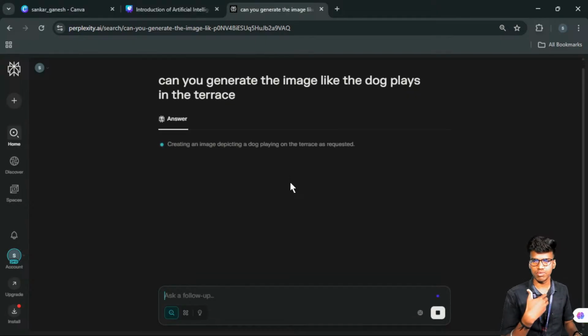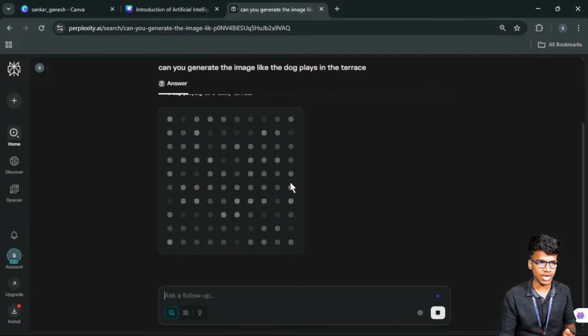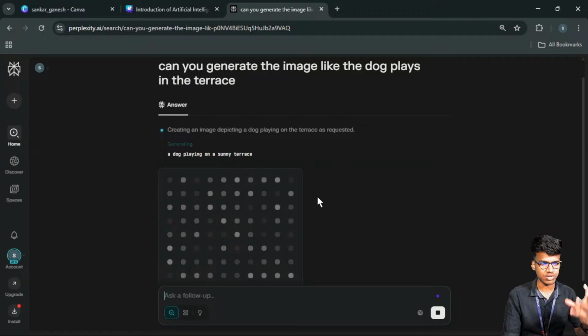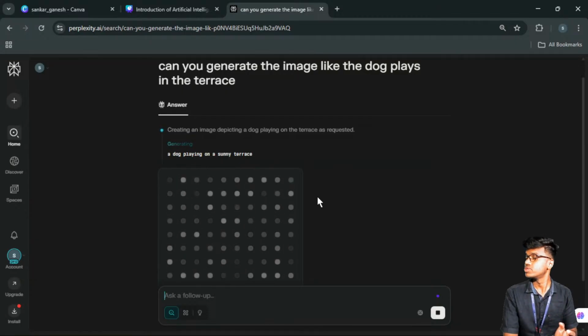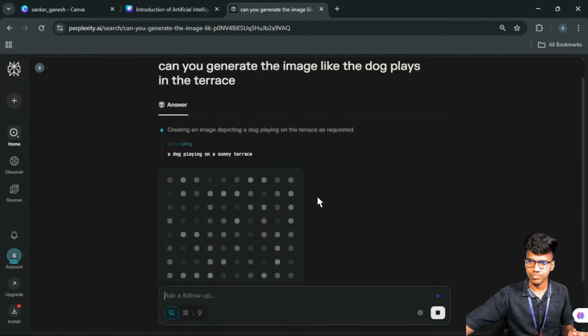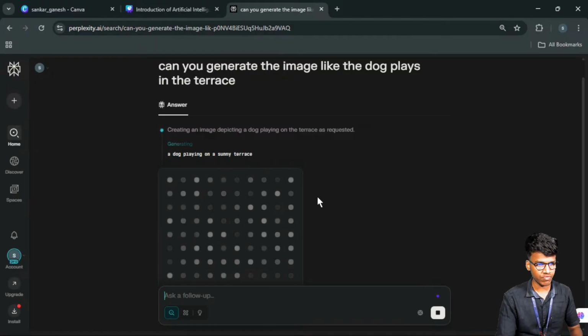Just a basic prompt I have to give. Like, can you generate the image like the dog plays in the terrace? So based on my prompt, the model has to generate one kind of image. So now we will wait for that.